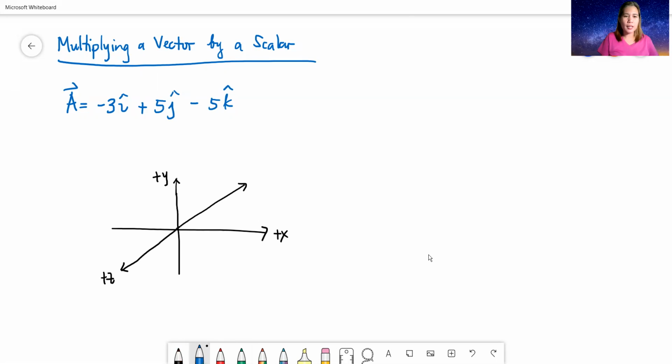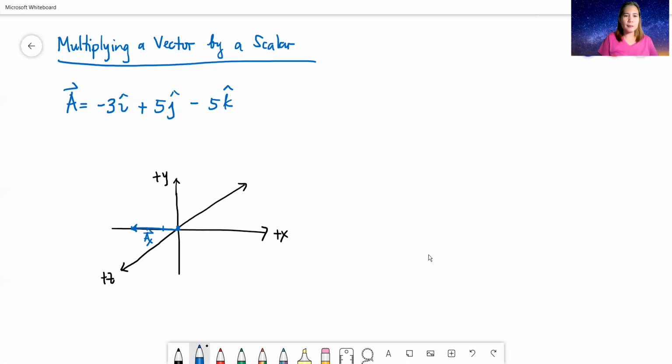I'll start at the origin. I can start drawing any of the components, but for easier monitoring, we'll just do this alphabetically. So let's go 3 units to the left because you have negative 3 units i hat here. If this is 1 unit long, 1, 2, 3. This is actually a vector, because this is now the x component of our vector.